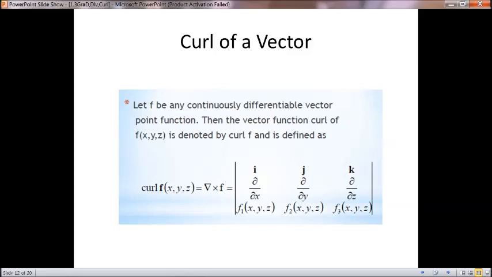It is continuously differentiable, and it is continuously revolving around. So we have to magnify the magnitude over a particular direction, and so we have taken the partial differentiation over the function in all the three directions. So i j k over the first row, over the second row dou by dou x, dou by dou y, dou by dou z, over the third row the function corresponding to each vector. So f1 of x comma y comma z, f2 of x comma y comma z, and f3 of x comma y comma z. We will see one problem for this.